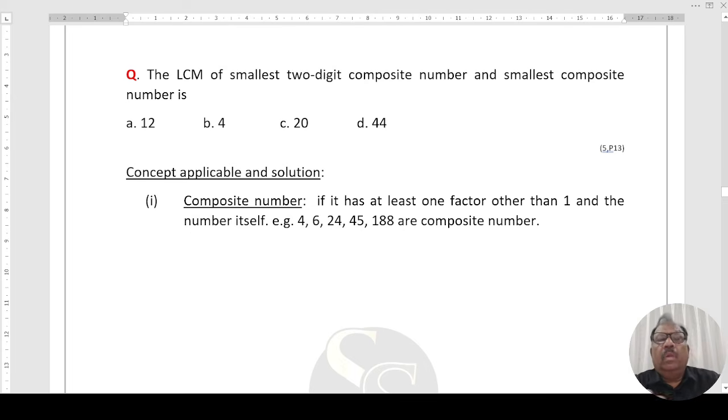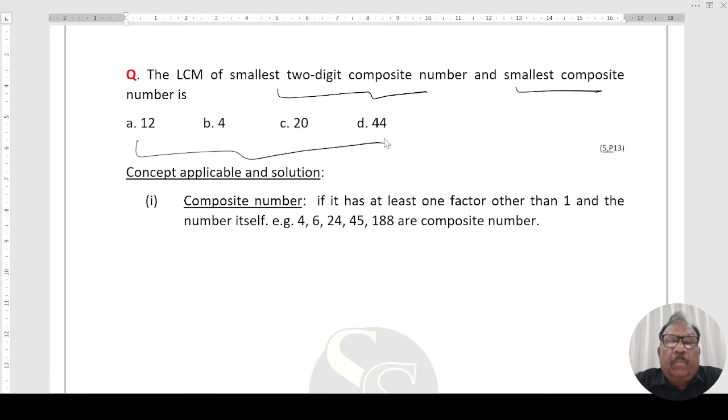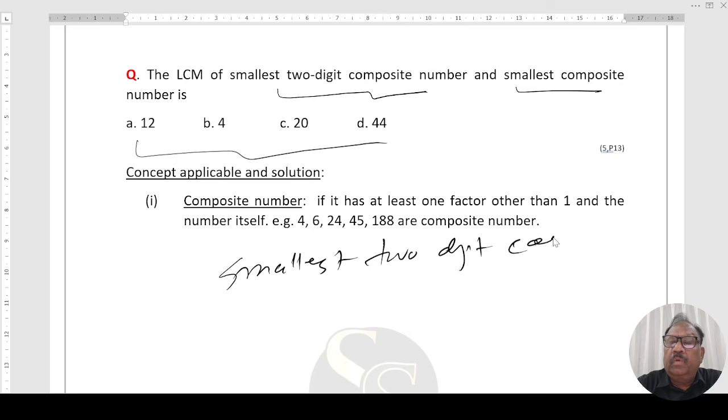Question is, the LCM of the smallest 2-digit composite number and the smallest composite number is. 4 options are given to you, one of the options is correct. What is a composite number? If it has at least one factor other than 1 and the number itself: 4, 6, 24. The smallest 2-digit composite number is 10, and the smallest composite number